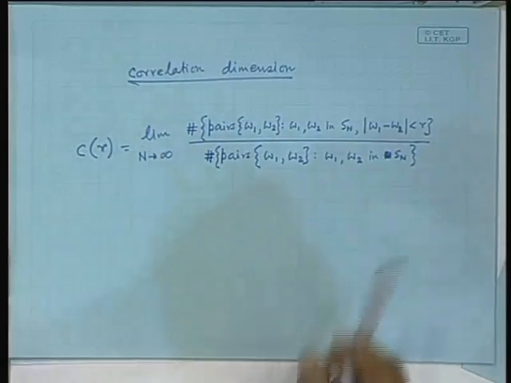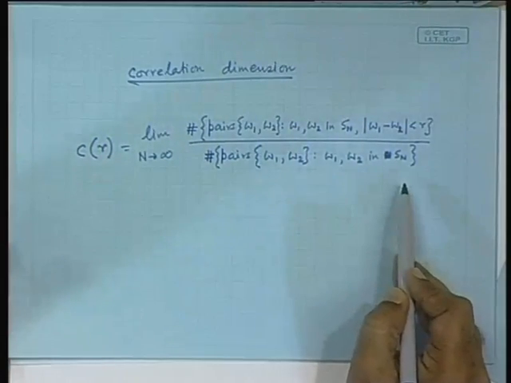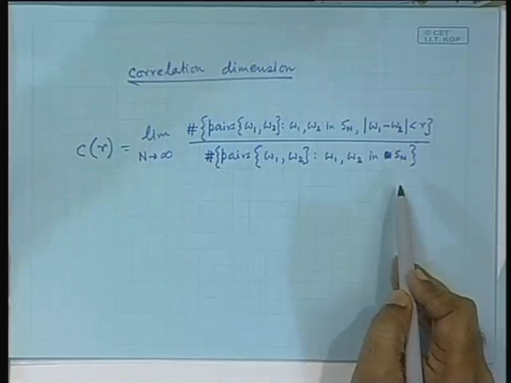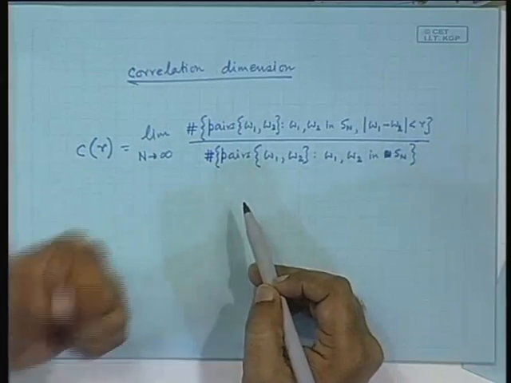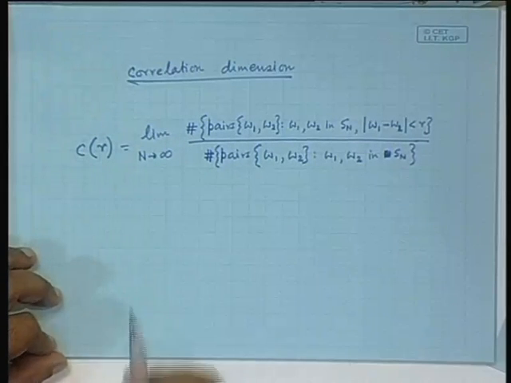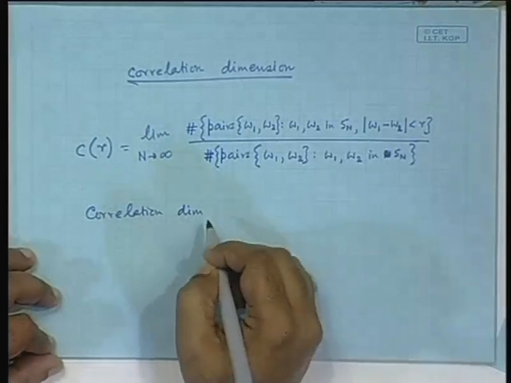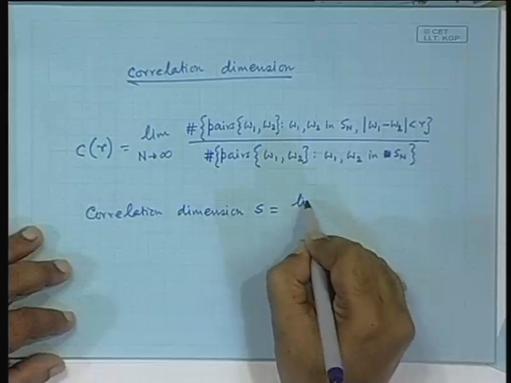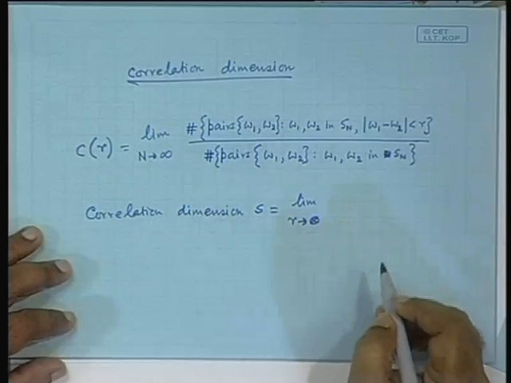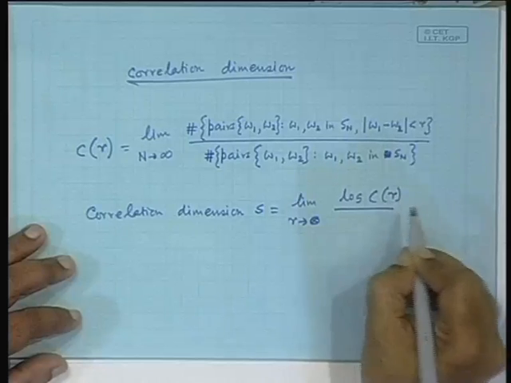Now, obviously, if r is very large, then this will be more or less equal to 1, because the numerator and denominator will become equal. If r is very small, say 0, then obviously it will be 0. So, it is a function that depends on r. Then the correlation dimension is given as the limit r tending to 0 of log C, a function of r, divided by